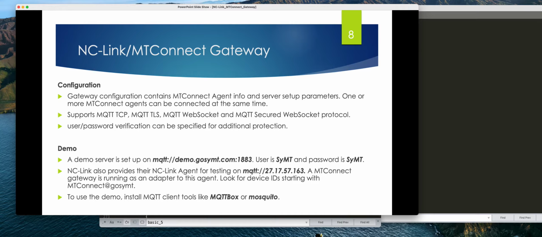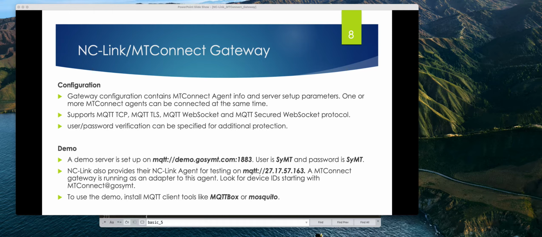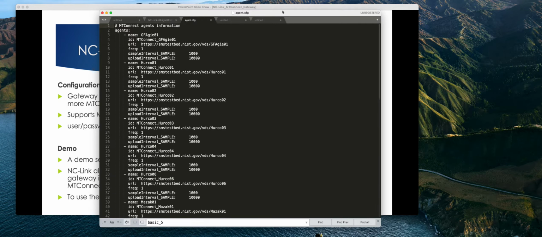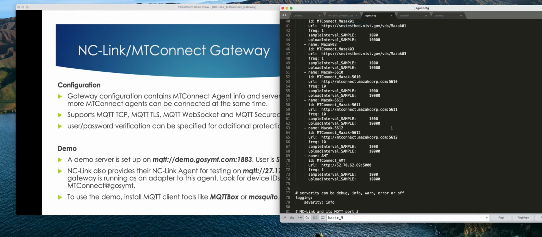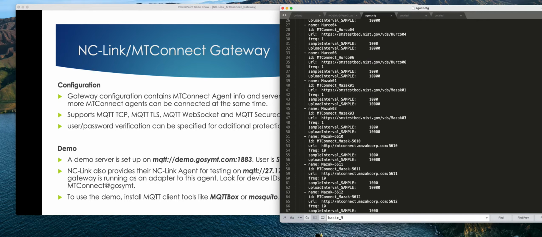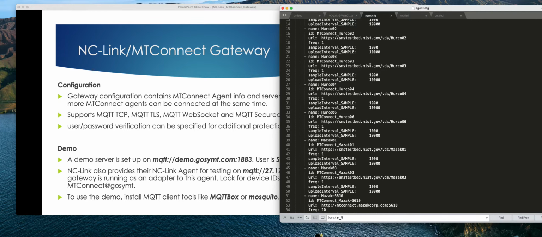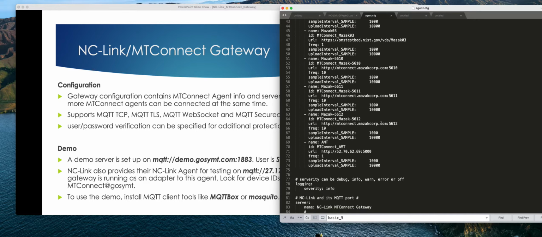We talked slightly about the configuration of the gateway. Let's take a look at what it looked like in our configuration. This is one of the examples. This one gateway can talk to, I would say, more than 10 to 15 MT agents from different websites. These are the Mazak demo MT agent, and this is the number of demo agents from NAS. So this all runs in this one gateway.